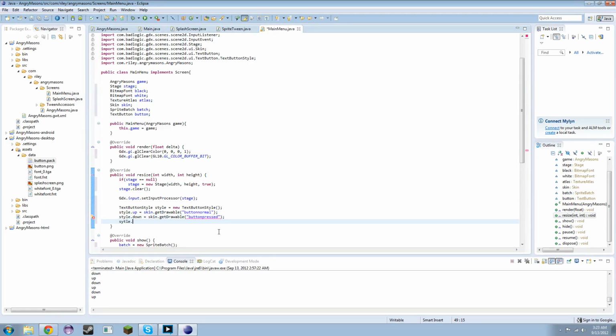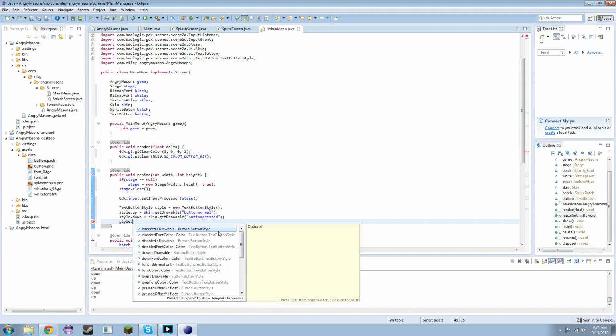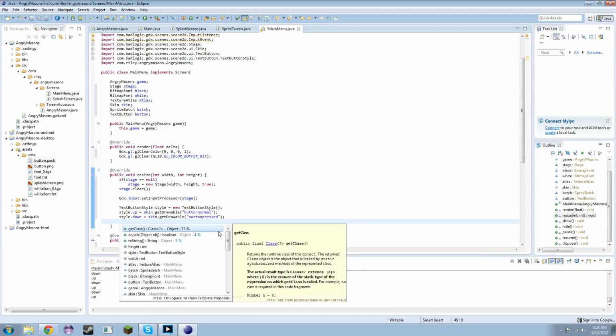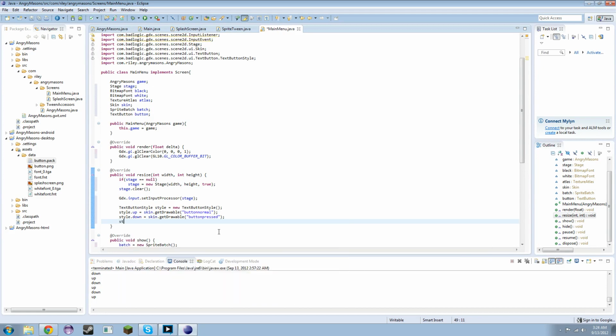And you can play around and kind of look at the other things you can play with, like checked or down font color if you want to change the font color, stuff like that. But the other thing we need is a font, and that needs to actually be black, our black font, because it's a white button, because the image itself is white. Now that that's out of the way, we can say that button equals a